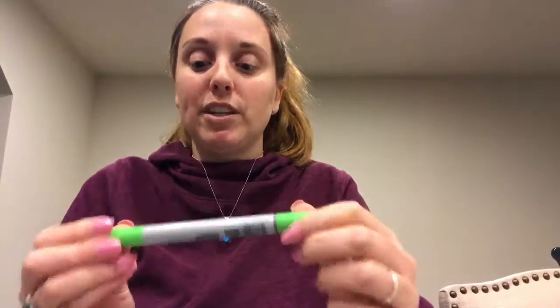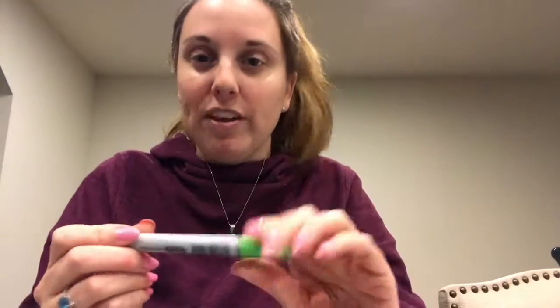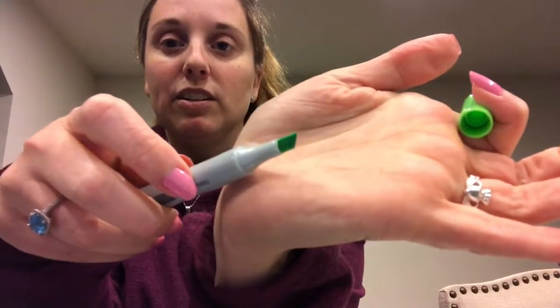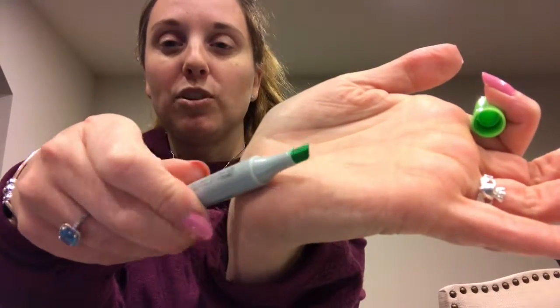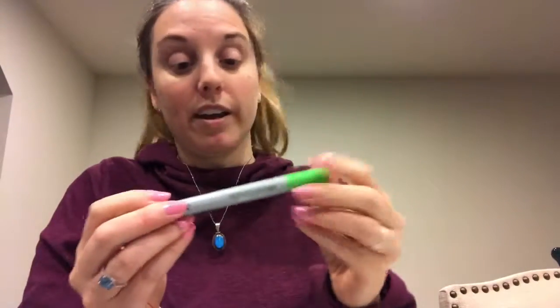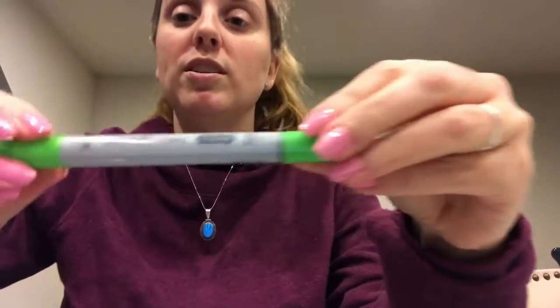They are a little different than the sketch markers, and I'll show you in a second. These are a little bit smaller. They are more rounded where the other ones are oval. I thought they had different tips to them. They are a little bit thinner. So here's the brush tip. The brush tip looks the same to me, but then the chisel tip is a little bit smaller. So it looks like it'll give you a thinner one. I do have some of the Chow markers and I thought the ones I had were different, but I guess not. So the ones included in the brights are